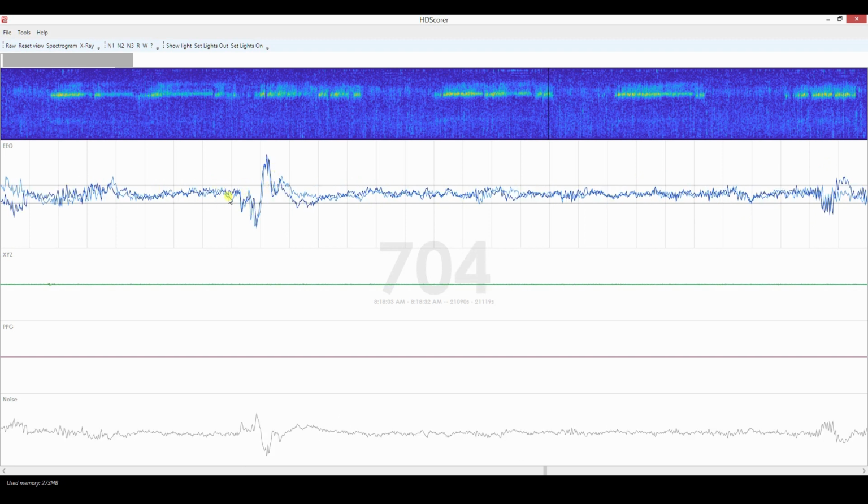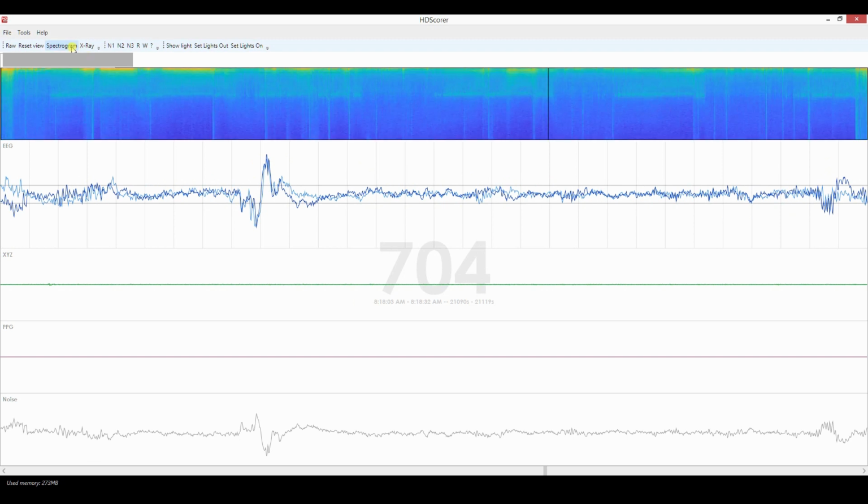That's a K complex. Goes down, up, comes back. It's a clear indication of N2 sleep. And so this should be the REM. Now, let's see if we can apply some of the teachings from the first lesson to find some eye movements